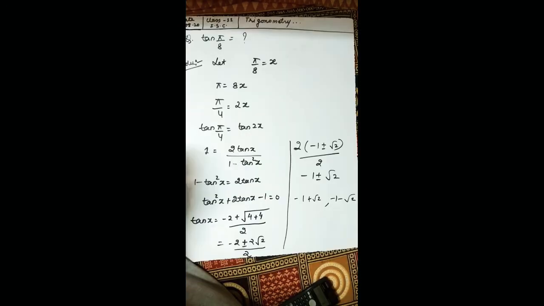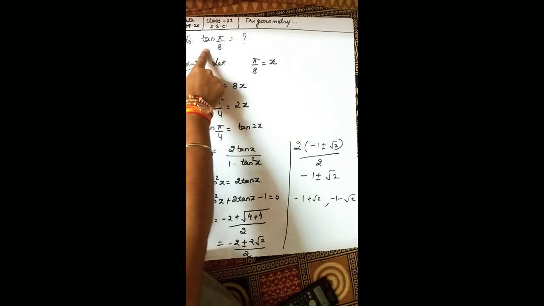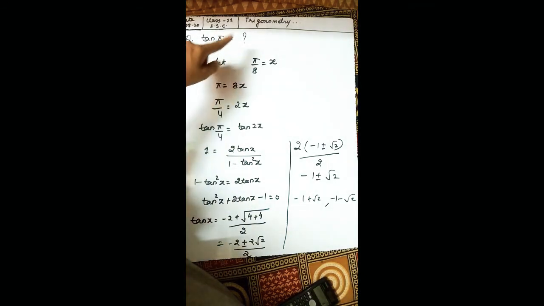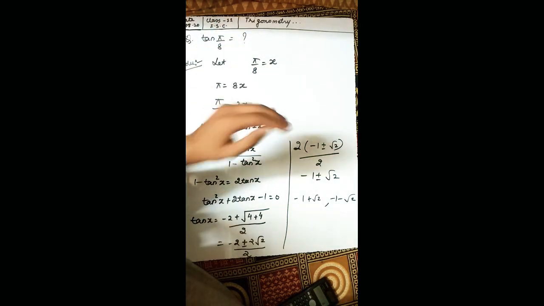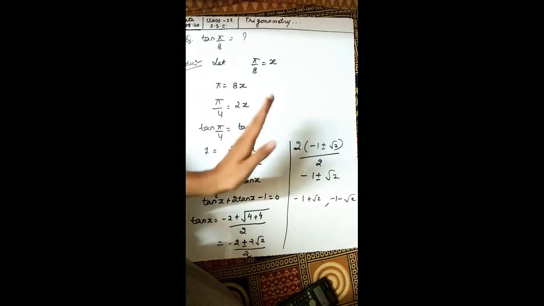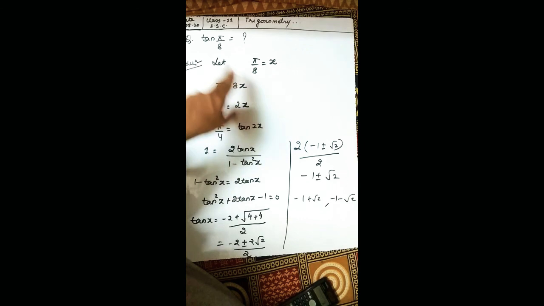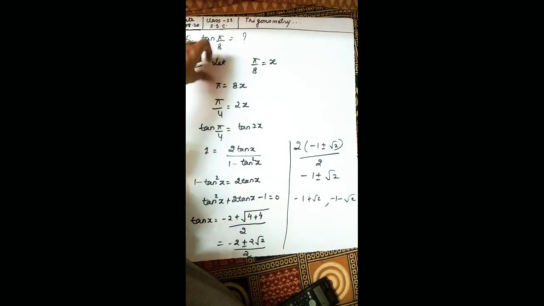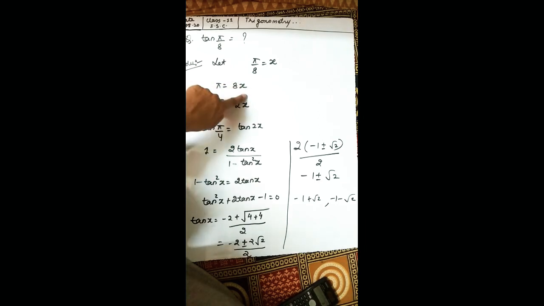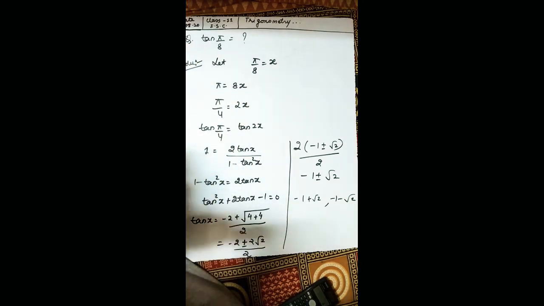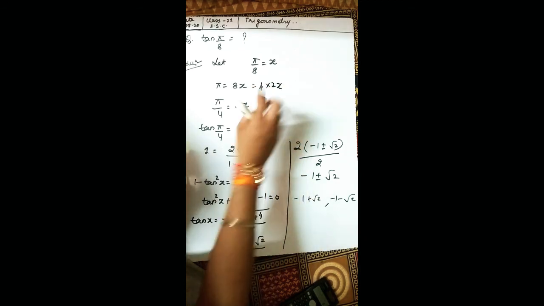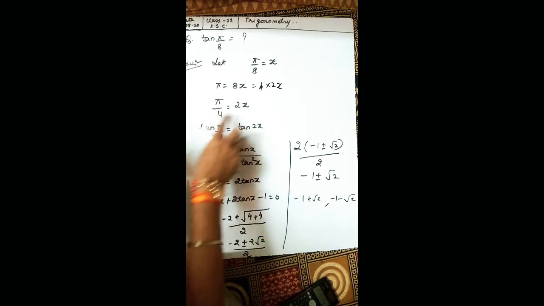Okay, let us do this question. We have to find tan pi by 8 value. How to find the tan pi by 8 value? As I have stated the criteria for finding sin 18 degree, cos 36 degree, the same thing we are going to do. Let us consider pi by 8 is equal to x. So what will be your pi? Take 8 that side, so it will be 8x. So pi is equal to 8x. Now this 8x can be written as 4 into 2x. So I've taken 4 down, so pi by 4 is equal to 2x.